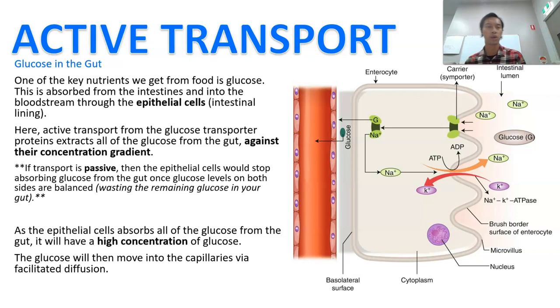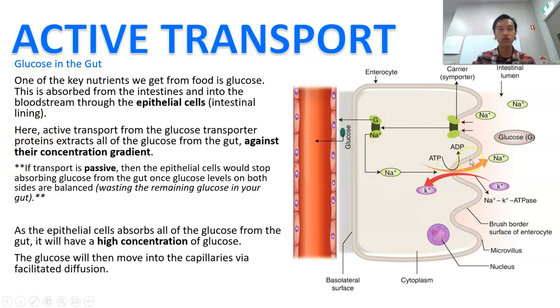Here's an example, right? Glucose in the gut, right? One of the key nutrients that we get from food is glucose, right? Glucose is absorbed from the intestines into the bloodstream through what we call epithelial cells, which is your intestinal linings, right? So you imagine you eat a burger and then it gets digested and goes through your intestine, and as it passes through here, right, it breaks it down into glucose, and it's going to pass through the intestinal lining and get into your blood where it gets transported around the body, okay? Now, that intestinal lining, right,